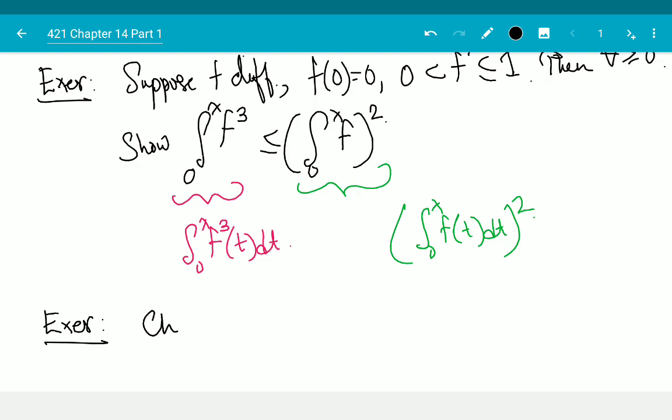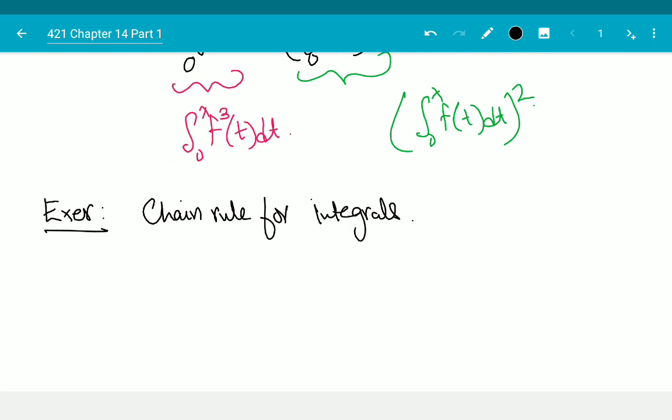Chain rule for integrals. Now this is something that is slightly important. Okay, actually this is very important. So